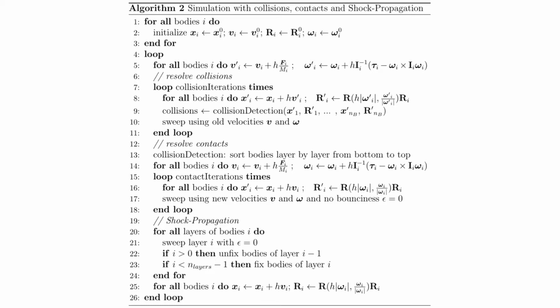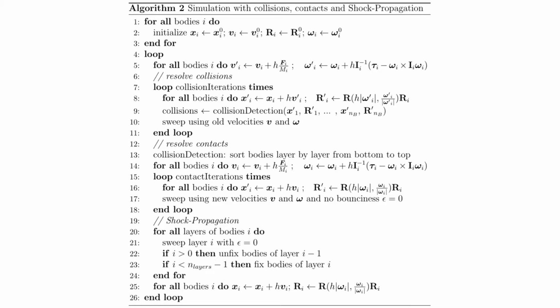And then we do this for every body, and thereby we can construct a sort of graph that connects all the bodies from the ground up. And then we also assign each body a layer. So, for example, in layer 1, there will be only the bodies resting on the ground, and in layer 2 there will be all the bodies resting on layer 1, and so on. And then in this contact resolution phase, I don't know what's wrong with the focus. Anyway, okay, so now we do a few sweeps through all the contacts in a bottom-up way,